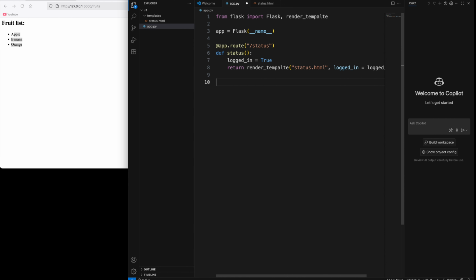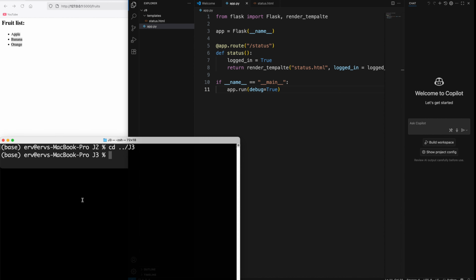And in the end, it's the if statement. So if __name__ is equal to "__main__", and then we have the app.run with debug equal to True. Perfect. So with this, let's go in here and try and run this file. So python app.py,